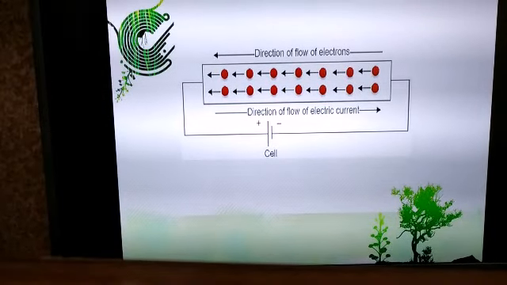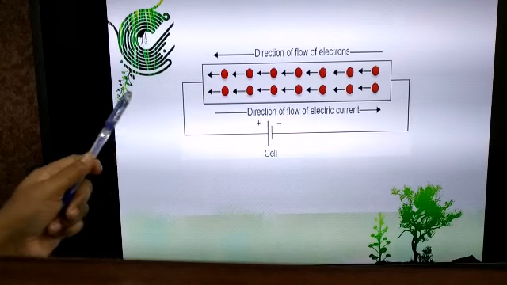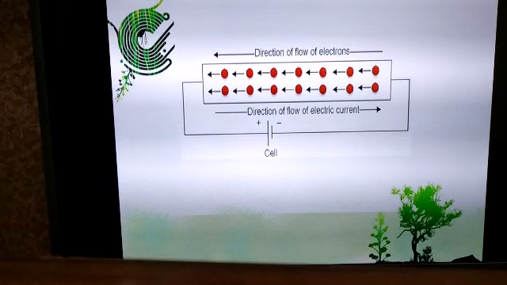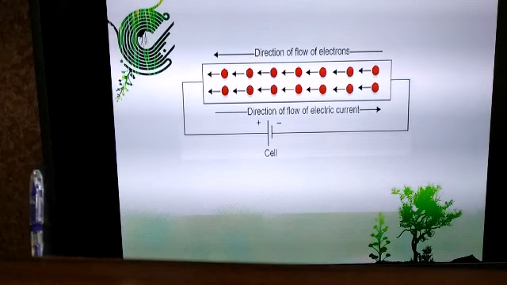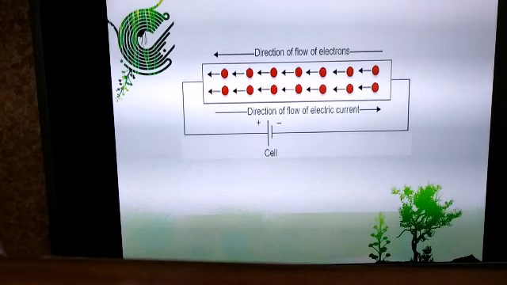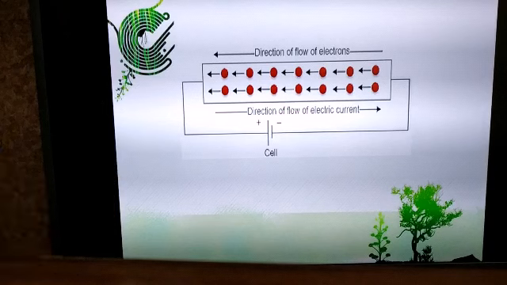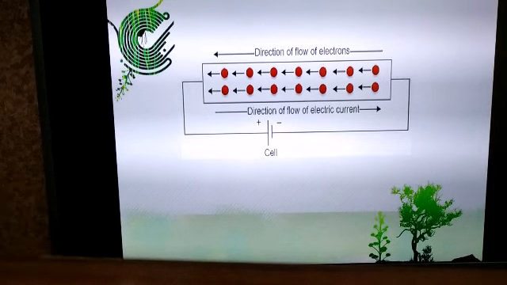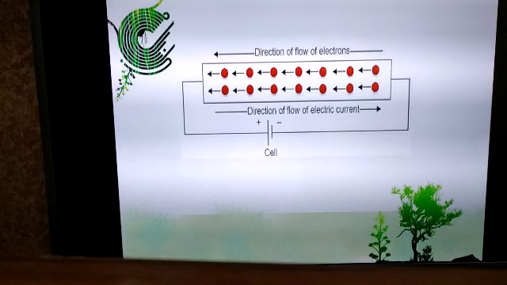So now when the electrons start moving from the negative end of the cell to the positive end of the cell, they pick up some speed or some velocity. And when they start moving with some speed, there are many positively charged ions in the way of these electrons. So these negatively charged electrons collide with the positively charged ions, and transfer some kinetic energy to the positively charged ions. So in turn, the positively charged ions start vibrating about their mean position.